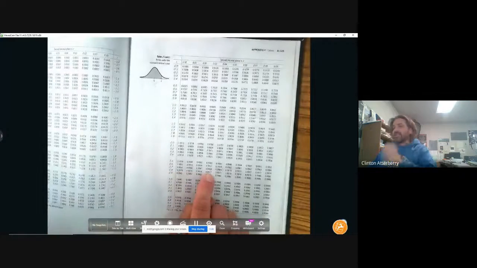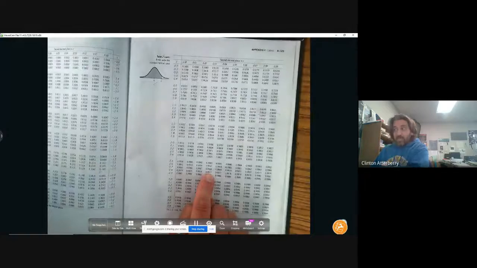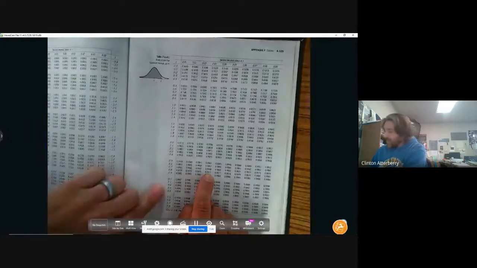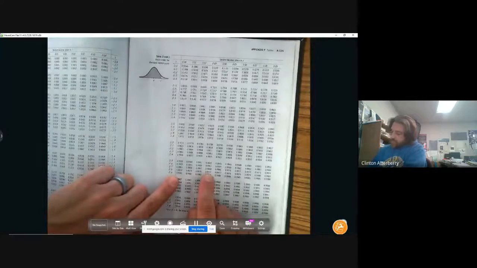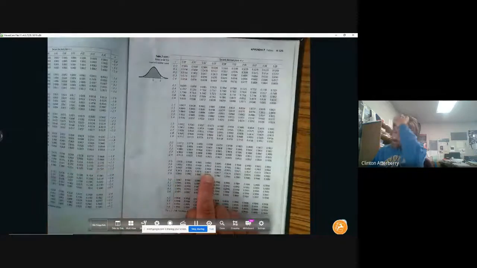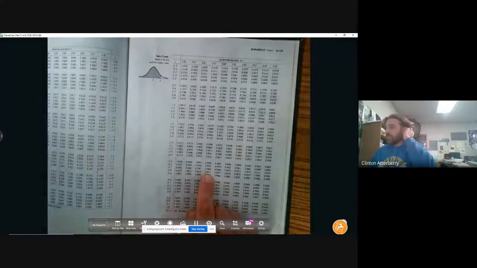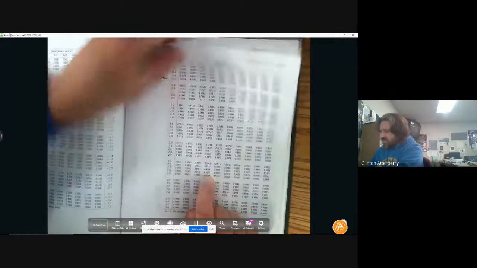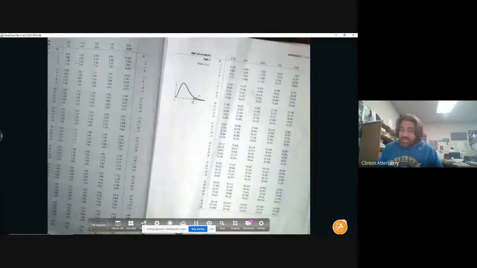I would take this and subtract that from 1 because that would be the left side shaded. We're looking for the right side shaded. And so I would get about 0.0023, which is close to what we get, but it's not the exact answer, and I'll show you how to get the exact answer. So here is the estimated way to get it, is to turn the page and go to